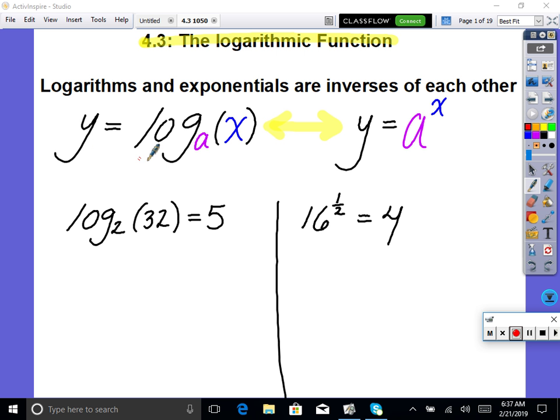So this says y equals log to the base a of x. So that's base a